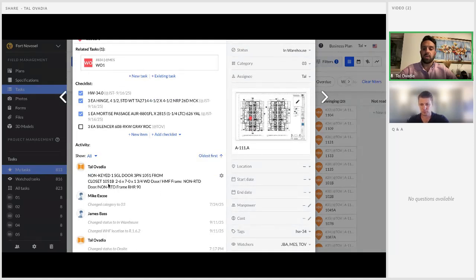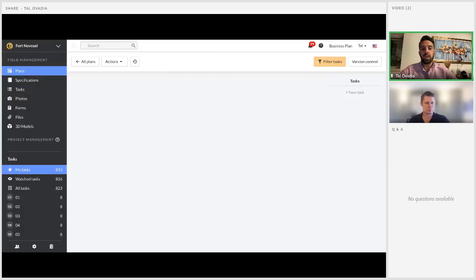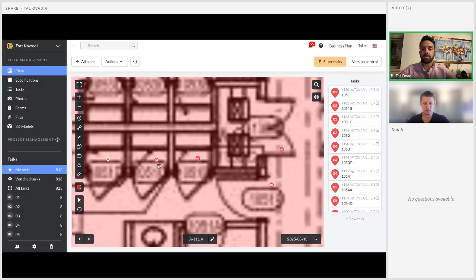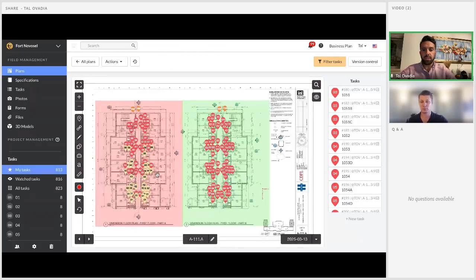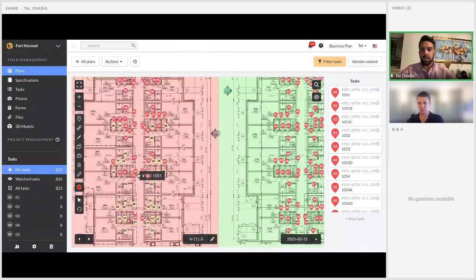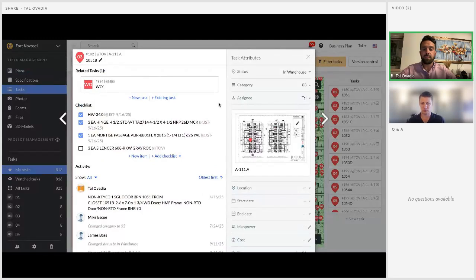It's a single door, these are its dimensions, it goes in this frame, and this is its location. They can also see that location directly on the plan, and you can click on that plan and open it up to that door, and it's going to take you right over to 1051B, and then you can go right back into that opening and see what hardware goes on it.